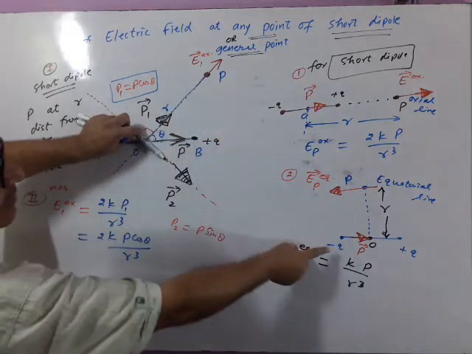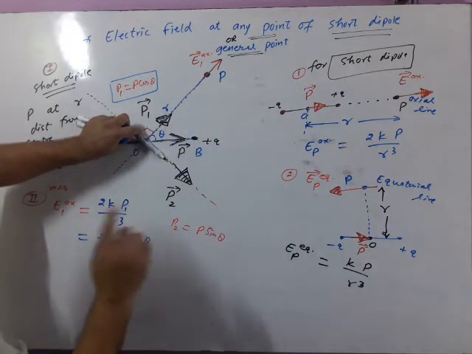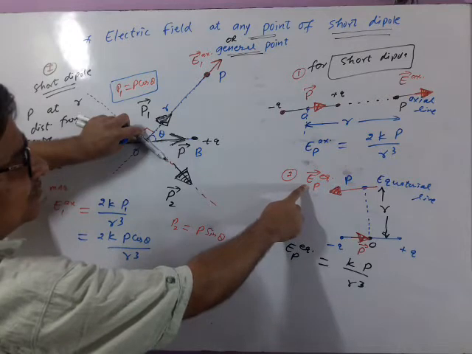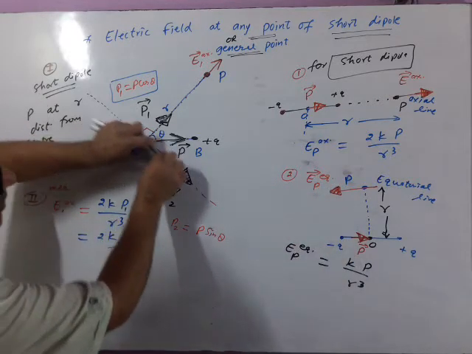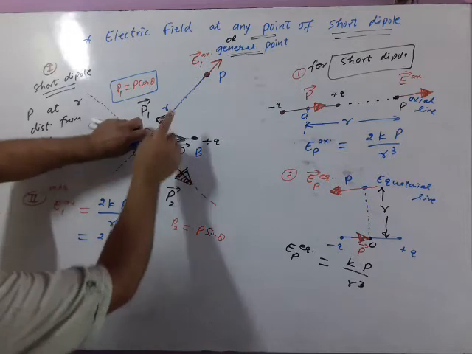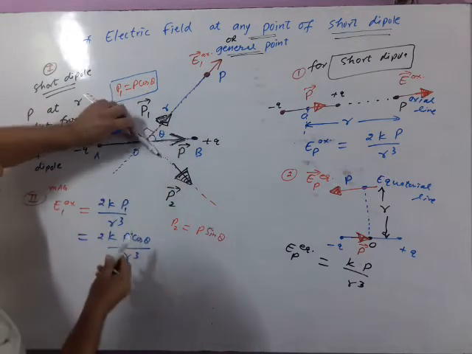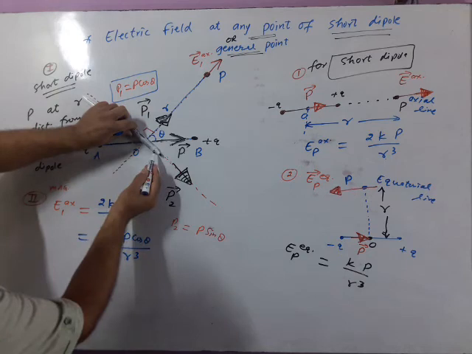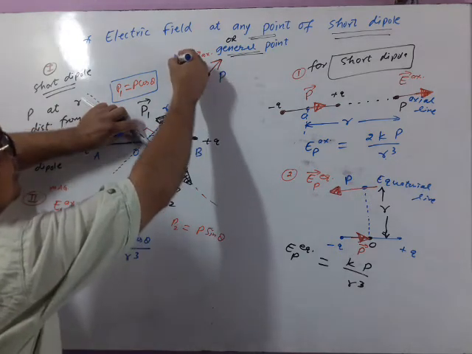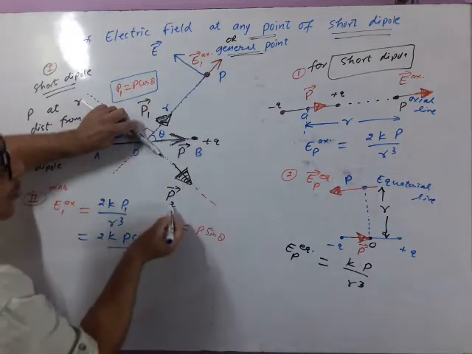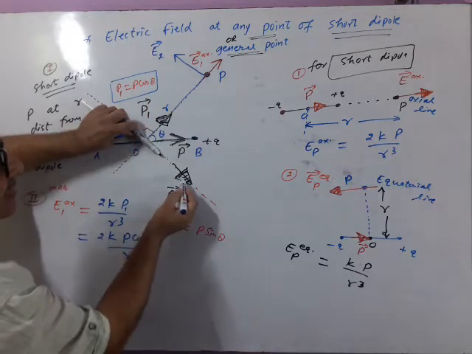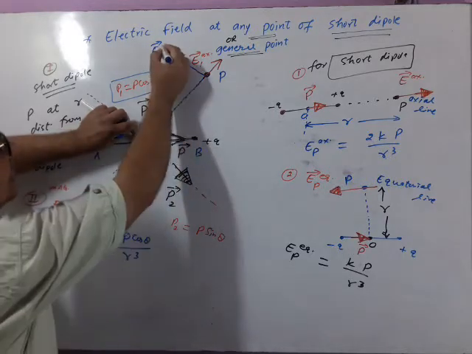See, an equatorial point like this. So first of all, see the direction. Electric field on the equatorial line is in the opposite direction of the P vector. This is the P2 vector like this, so the direction over there will be opposite to the P2 vector. Focus on this P2 vector, then it will be visible. This is the direction of electric field due to P2 vector, and since it is an equatorial point for P2, we write